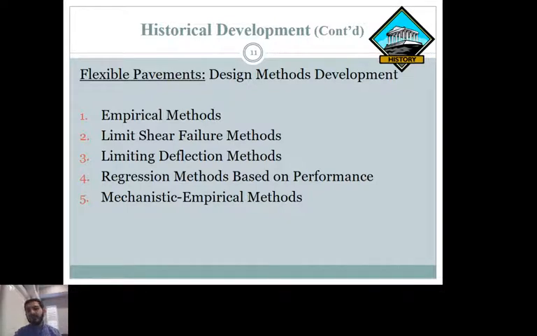Limit shear failure method, which means asphalt can fail because of shear failure. Limiting deflection method: if the asphalt pavement deflects a certain amount, that's going to be considered failure, and therefore we need to design the pavement not to reach a certain amount of deflection or a certain amount of shear. Regression methods are based on performance,